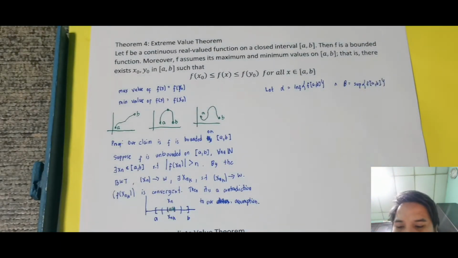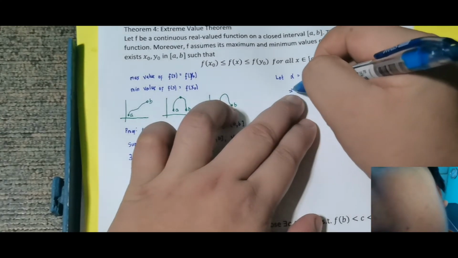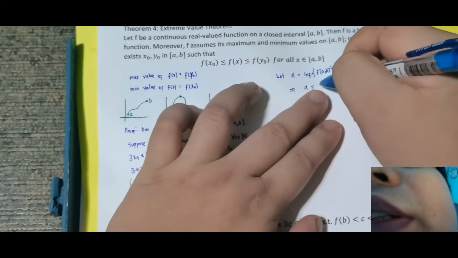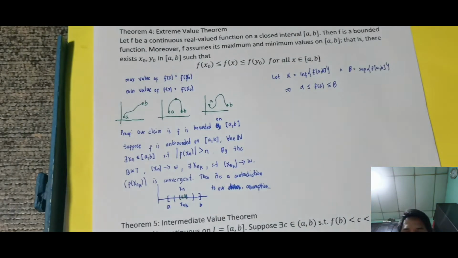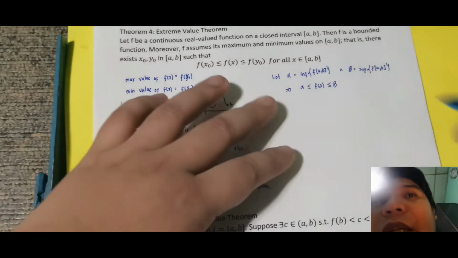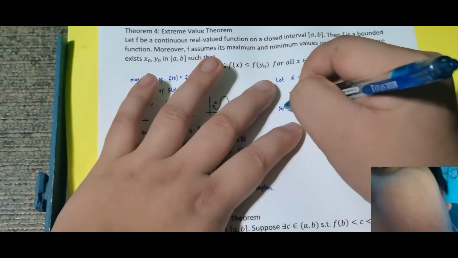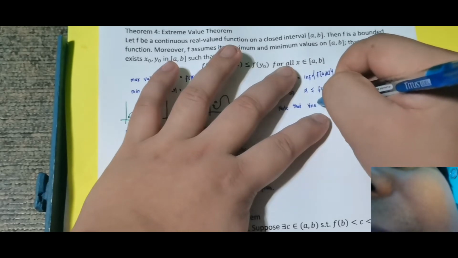Okay, such that this implies that alpha is less than or equal to f of x, less than or equal to beta. So that is what I did. I secured that it is increasing in such a natural way, whatever the function looks like, there exist alpha and beta such that they are the infimum and supremum. Okay, now note that for every n, for every n an element of the natural numbers,